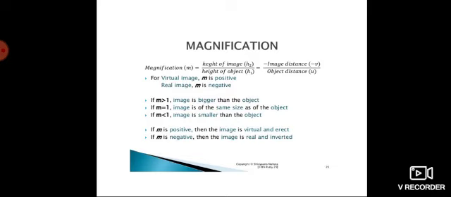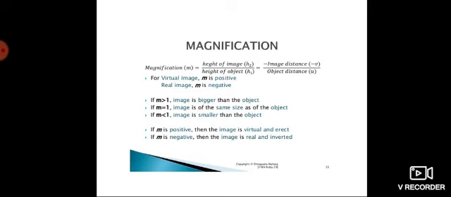If you compare the concave and the convex mirror, in the case of a concave mirror we get an image which is bigger, but a convex mirror normally forms a diminished image. So if m is greater than 1, then the image formed is bigger than that of an object, and if it has to be big, it will normally be a concave mirror, because only a concave mirror has the capacity to form a bigger image compared to an object.